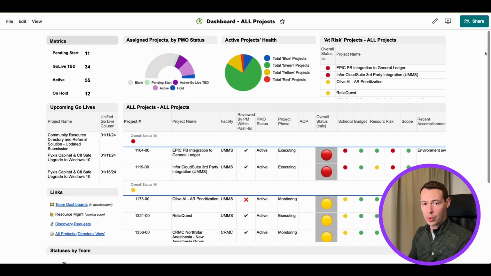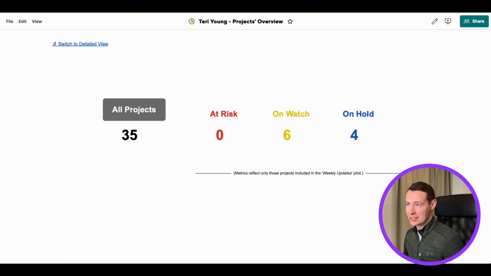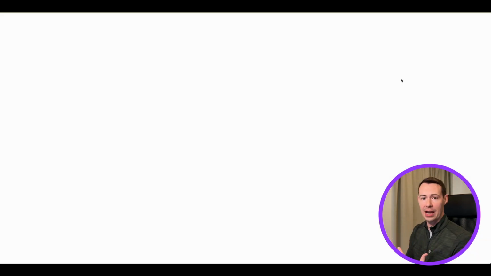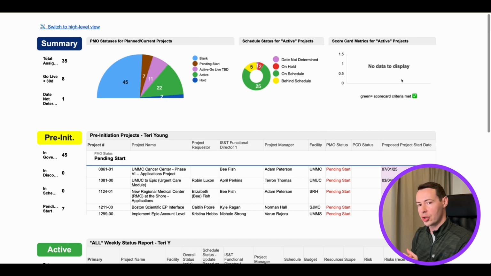So jumping into what we have for some of our leadership level dashboards, we give them everything they need to see to be able to dive right in for any of the detailed information that they want to try and get to. It helps them have those conversations with anybody in their downline about any projects that need a little bit more attention. But in addition to that, we also give them the ability to switch out of that view